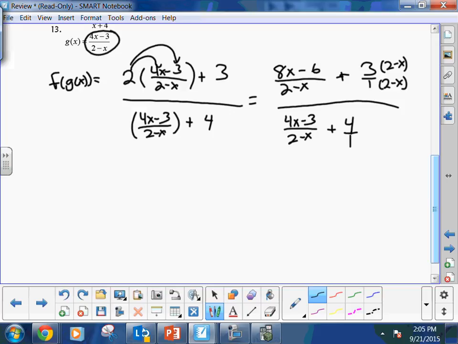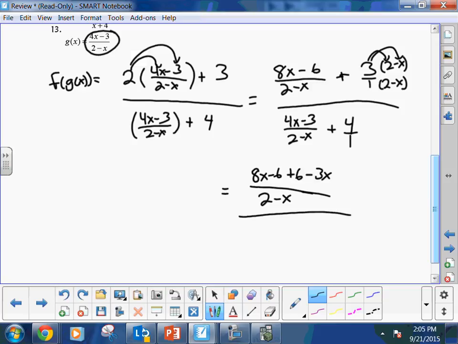I'll end up with the solution 2 minus x, and then I'll distribute this 2. I've got 8x minus 6 plus 6 minus 3x. Now as far as the denominator, 2 minus x, 2 minus x, so I'll have 2 minus x here. I'll carry the 4x minus 3. I'll distribute the 4 and this, so I'll get 8